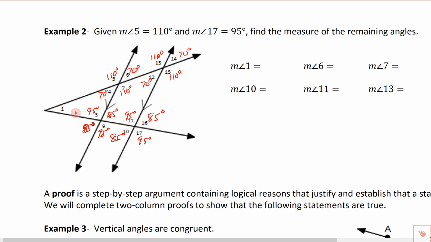Hopefully you remember that. Inside a triangle, there's always 180 degrees. So these angles right here plus angle 1 would have to equal 180 degrees. So angle 1 plus 70 plus 95 has to equal 180 degrees. So if we put the two of those together, this would be angle 1 plus, I think we got 165